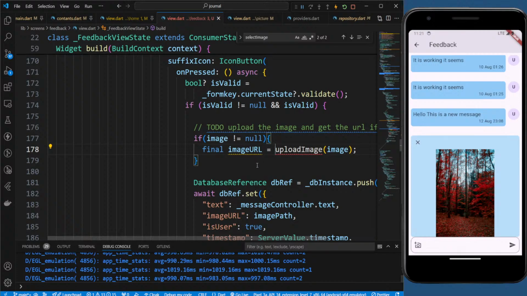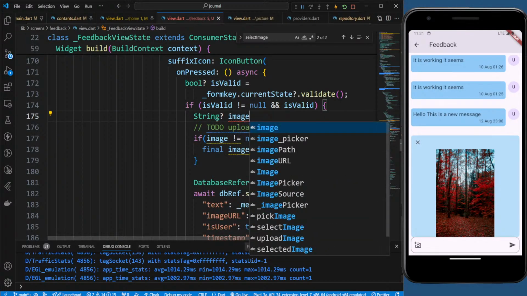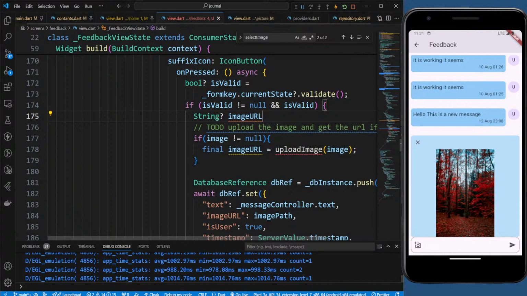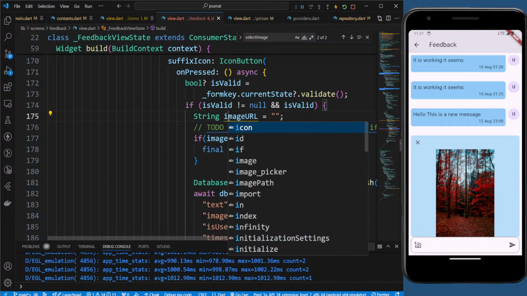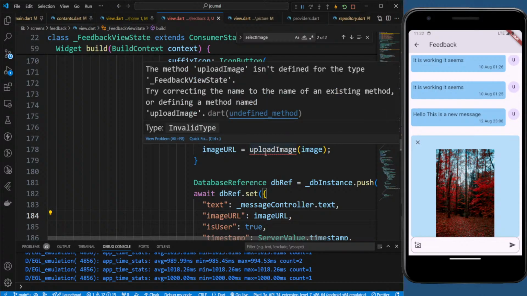Once this is done, we can do something here. So string image URL equals to empty. If there is something, it will just put the image URL here. So now in the upload image,